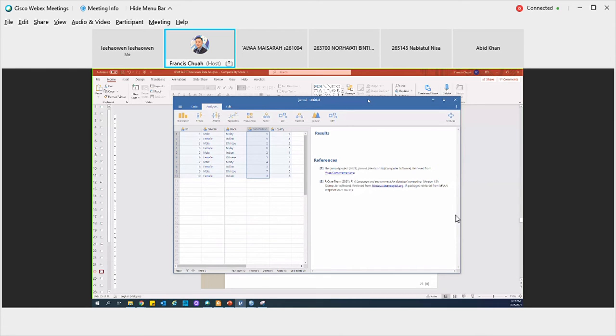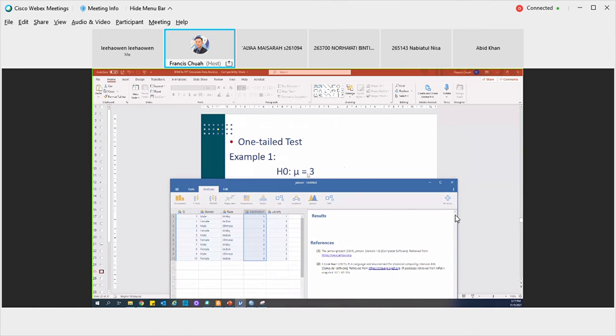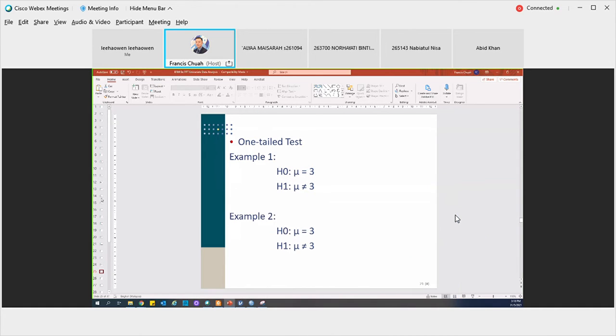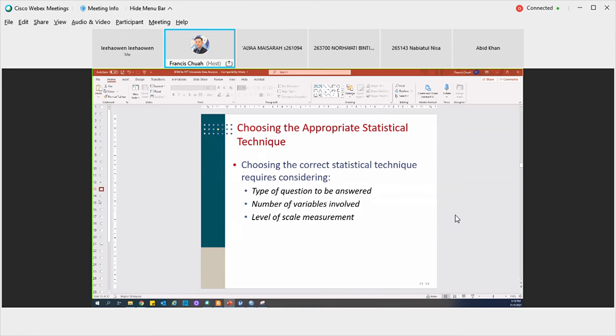So I started off by saying the mean is 3. Then most of the time, the alternative hypothesis will be what? Not 3, right? Betul tak? It's either 3 or not 3, kan? But if you go for a one-tail hypothesis, okay, if you go for a one-tail hypothesis, you can speculate